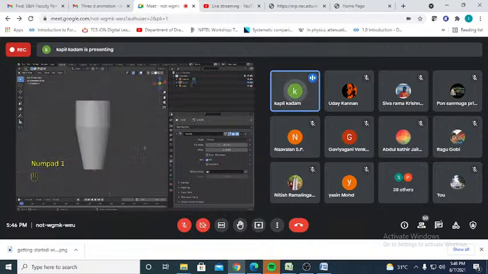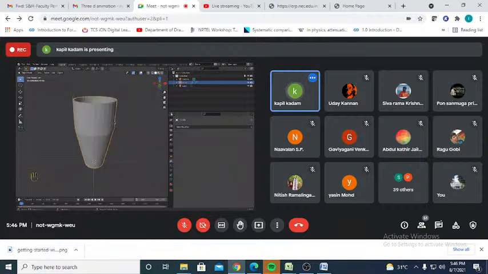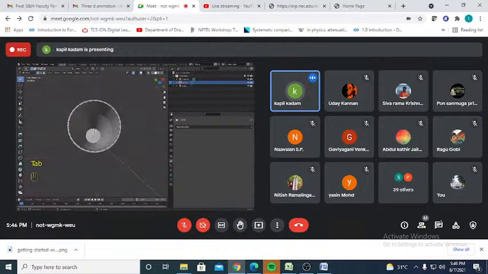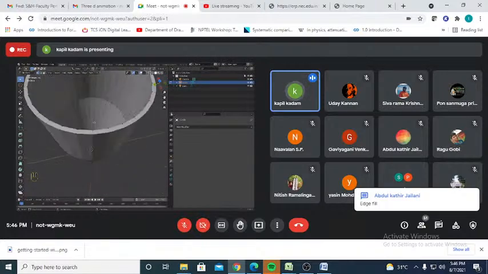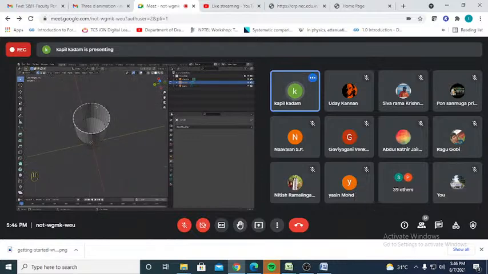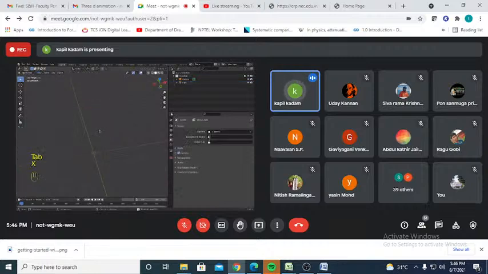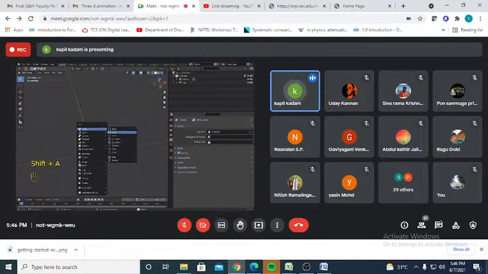Once you apply this, it will become a part of your geometry. That's how it is. Now I'll go back to the other part where you asked me how to fill that part. So let me add